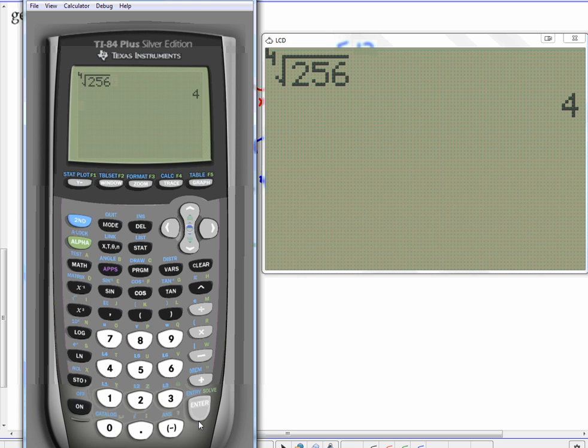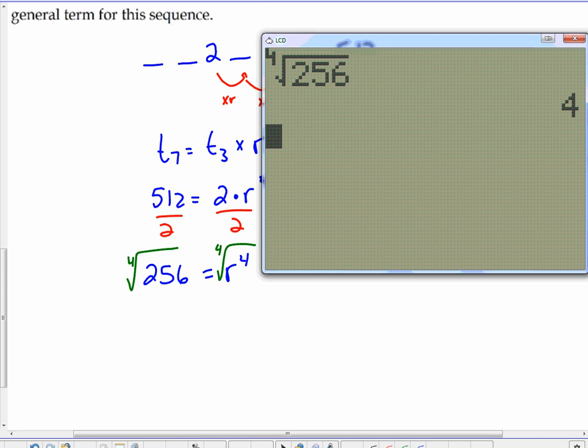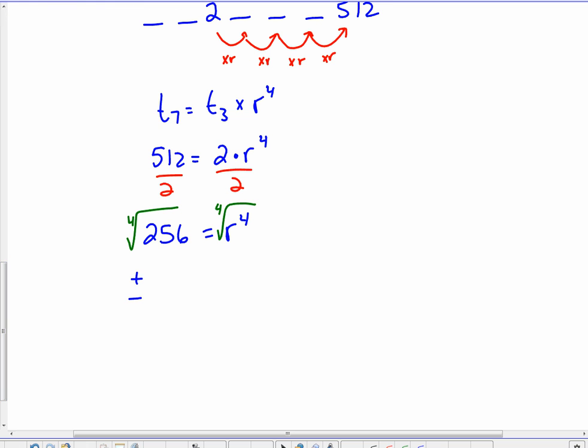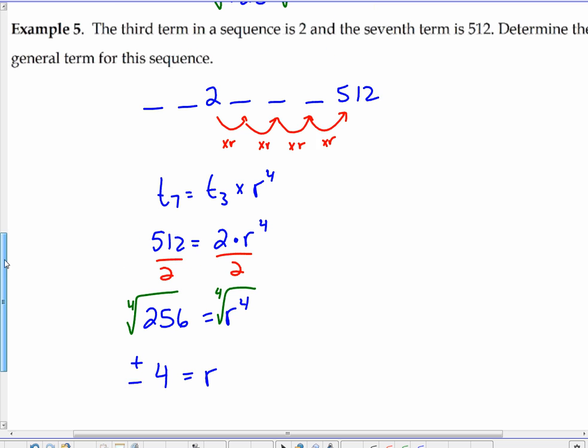But it's not just 4. It can also be -4. So just like square roots, when you do a square root of both sides, or anything in an even root, you actually have the plus or minus answer. So plus or minus 4 is equal to your common ratio. The reason why is that,